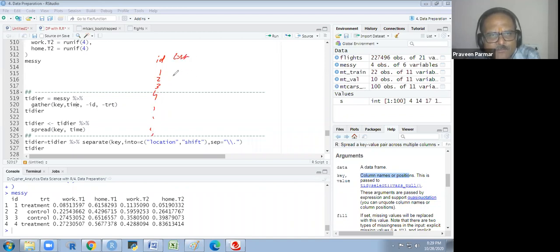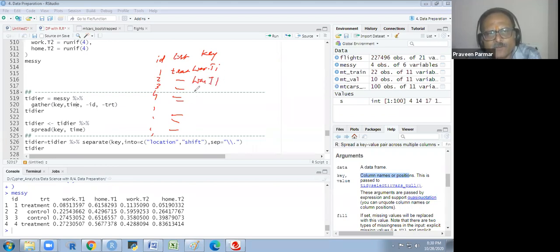Treatment would be same, it will repeat as per the ID. But here I will use one key column where I will get this work.T1, and here I will get the home.T1 for the first, work.T1 for the second.